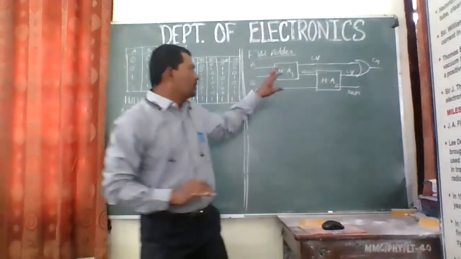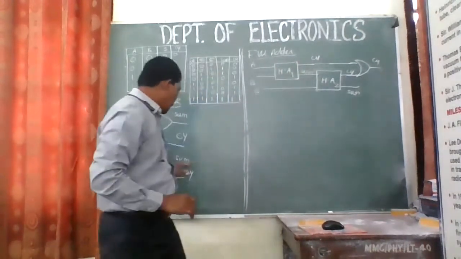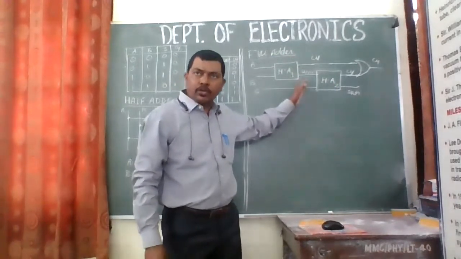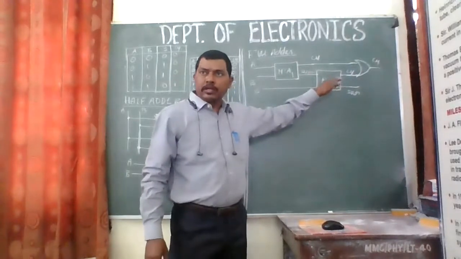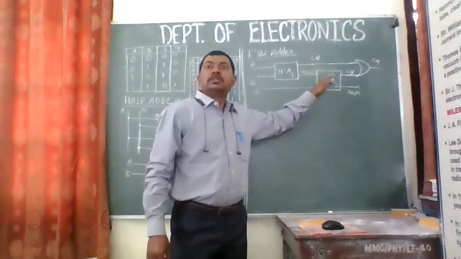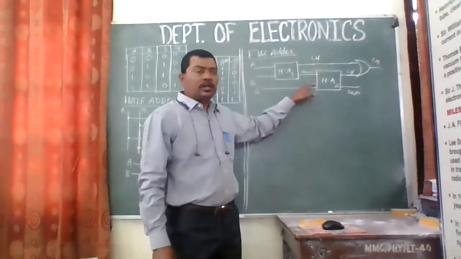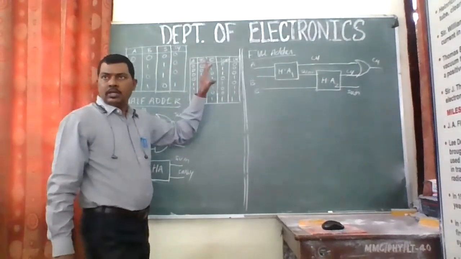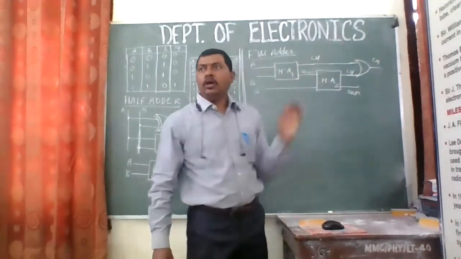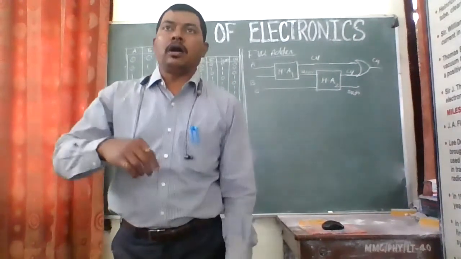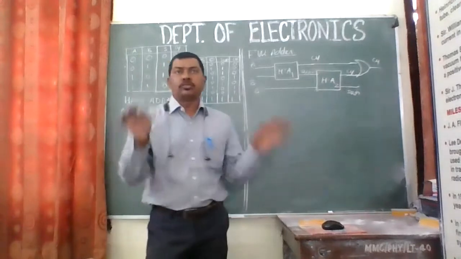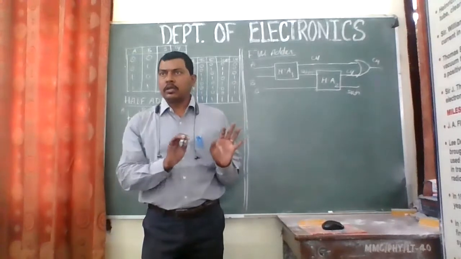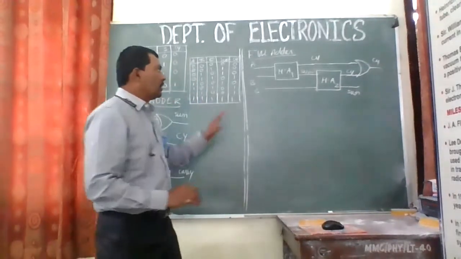Have you got this? सिंपल सर्किट बनाया है. Just we have two inputs. यहाँ पर सम ऊपर लिखा था, कैरी नीचे लिखा था. यहाँ हम लोगों ने कैरी ऊपर लिखा है, सम नीचे लिखा है, because we are going to use that sum to the input sum as the input to the second half adder. I'm putting over here, and the third input will take directly as a third input as C. Have you got this? And we'll join this carry and give it to an OR gate, and I will call the output of that OR gate as the carry of the whole full adder circuit. Have you got this? Have you understood? हो गया? Any problem? Okay, I guess you have understood.